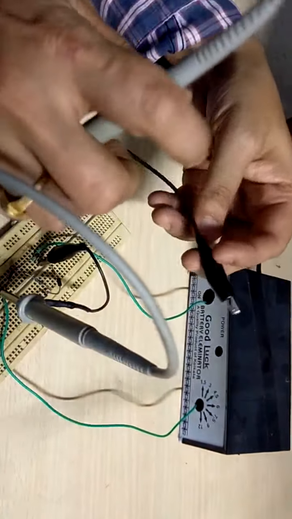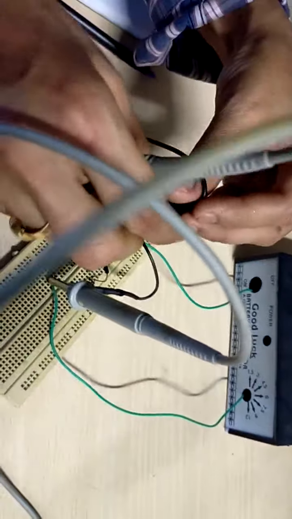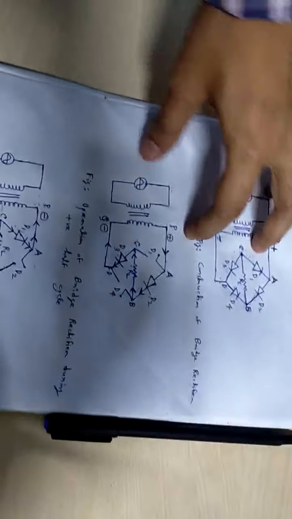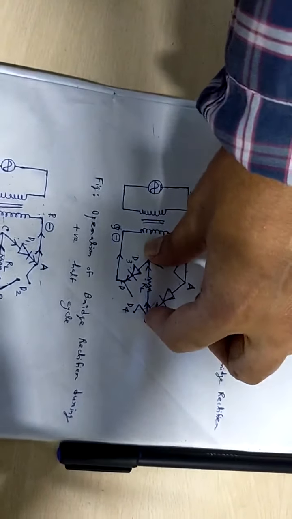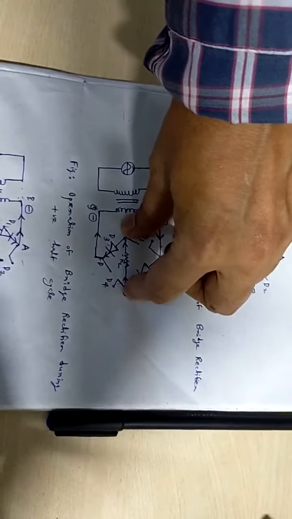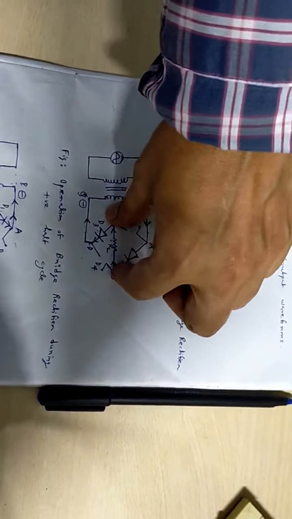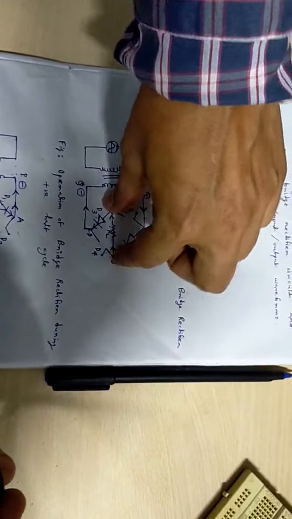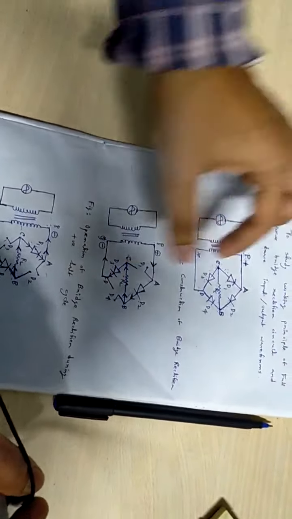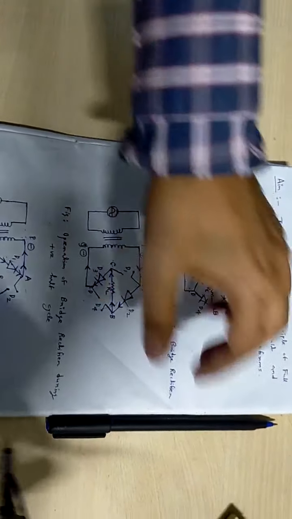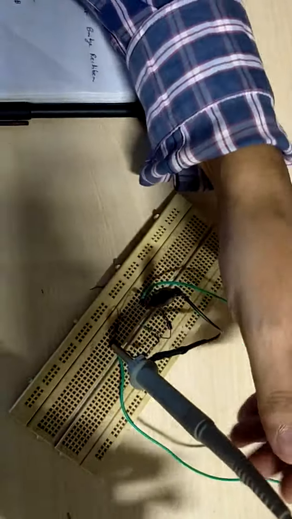This probe is to be connected across the load resistor, because we are getting the output across the load resistor. That's why, for obtaining the output signal, we have to connect two terminals of the probe across the output, and we have connected two terminals of the probe across the input from channel 1 for obtaining the input signal. Now this probe will be connected across the load resistor.